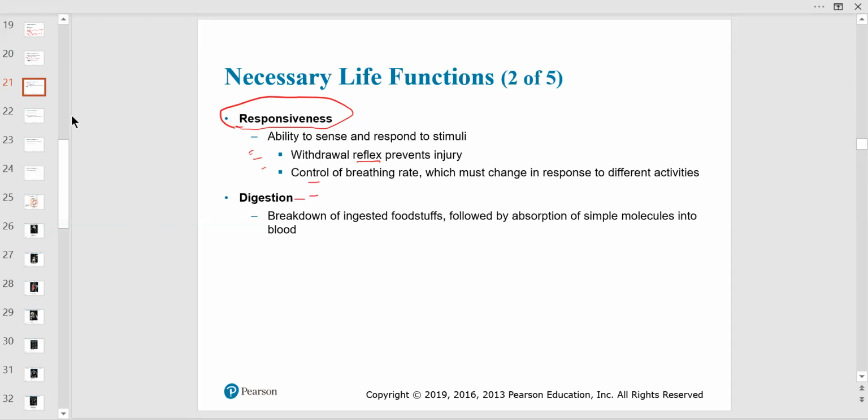Digestion. And digestion is not just about breaking down the food, it's about absorbing it. This involves a lot of exocrine enzymes that help break down the carbohydrates, proteins, and lipids or triglycerides into simpler molecules. So when we do chemistry, you'll learn the simpler molecules, which we already talked about. Carbohydrates in their longest forms are called polysaccharides, and glucose is a monosaccharide. There are also disaccharides like sucrose, the table sugar we use, which is glucose and fructose, two monosaccharides together. The breakdown products of proteins are amino acids, and the breakdown products of triglycerides are fatty acids.